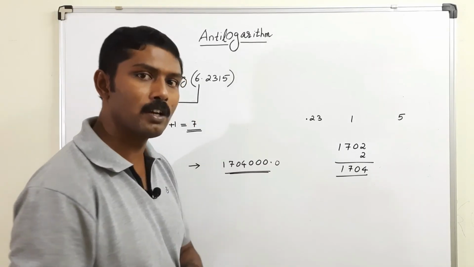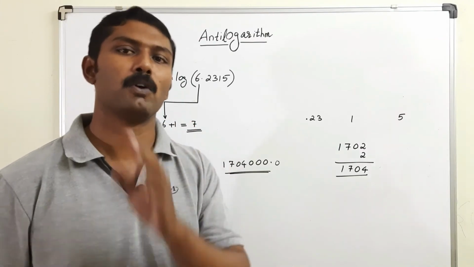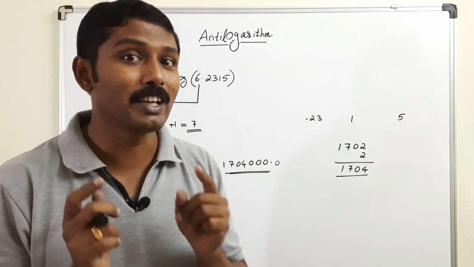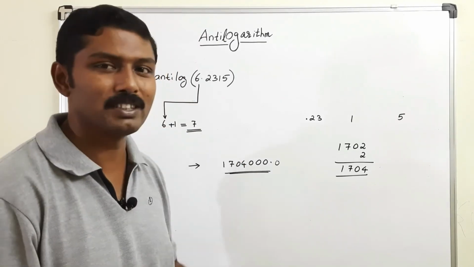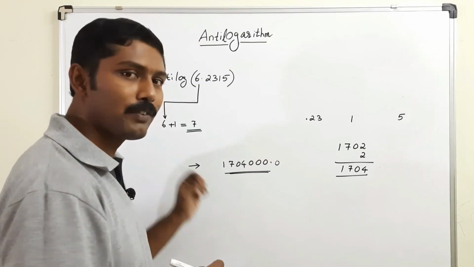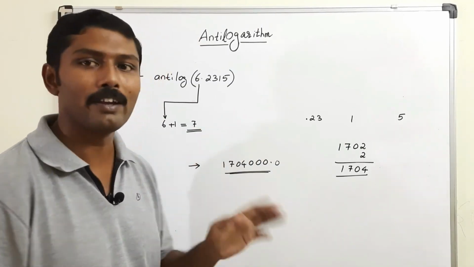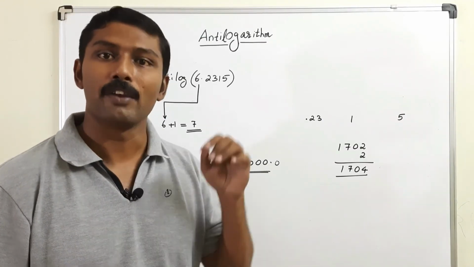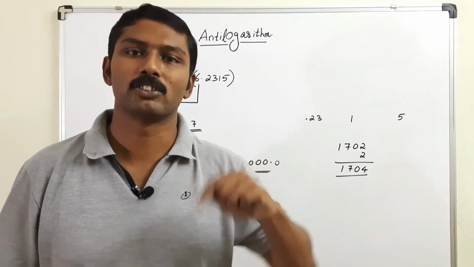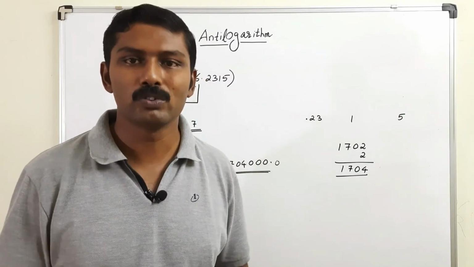So what we have done today is how to calculate the anti-logarithm of positive numbers. The tricky part is that the anti-logarithm of a negative number is a little trickier than this one. So for more practice, I'll give you 3 more examples to calculate by yourself, and find out the answers and put them in the comment section below. These comment sections are open for you to give me your doubts.